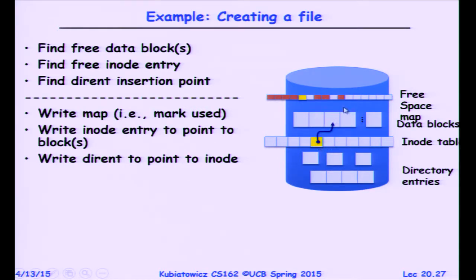We're going to map the data block into the inode, find a directory entry, map that, and now we've got a file. Okay, is everybody with me? So that's a fairly simple set of operations. And now,